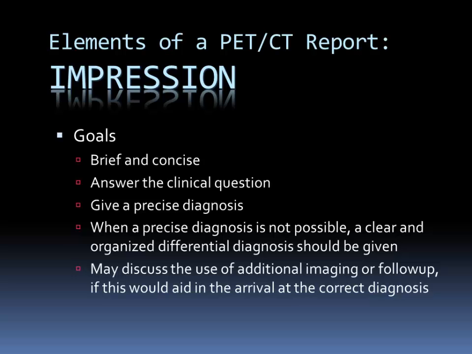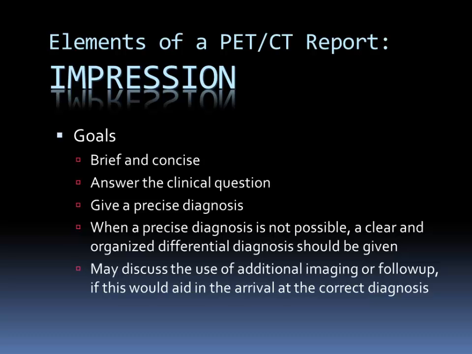study is. So that brings us to the impression, and this, if anything, is the most critical portion of any radiology or nuclear medicine report. It's where we summarize the findings that are contained in that first part of the section and let the clinicians know, here's what's going on. Here, in my professional opinion, is what you need to know about this scan. The goals of the impression section are that it should be brief and concise, and most importantly of all, answer